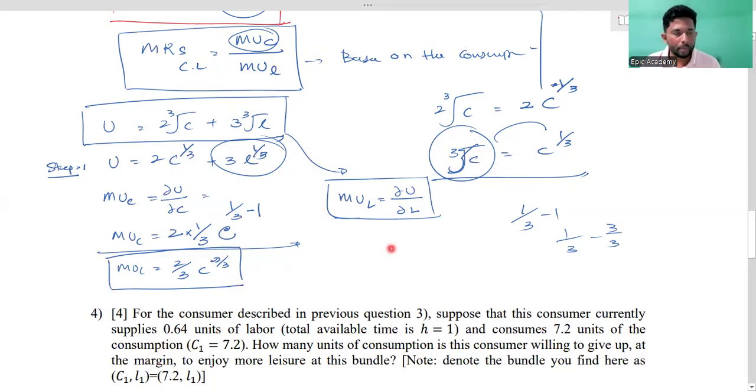So it will be L to the power of minus 2/3, multiplied by 1 divided by 3, with the power 1/3 minus 1, isn't it? Yep. So the final answer,